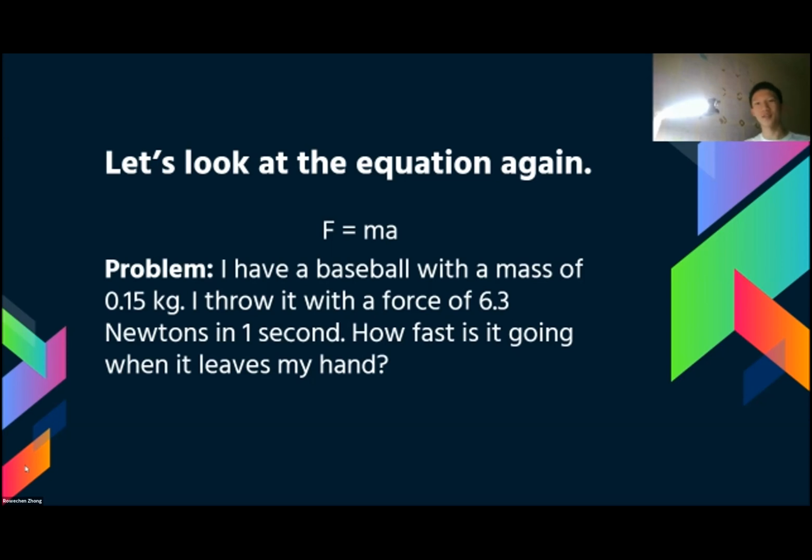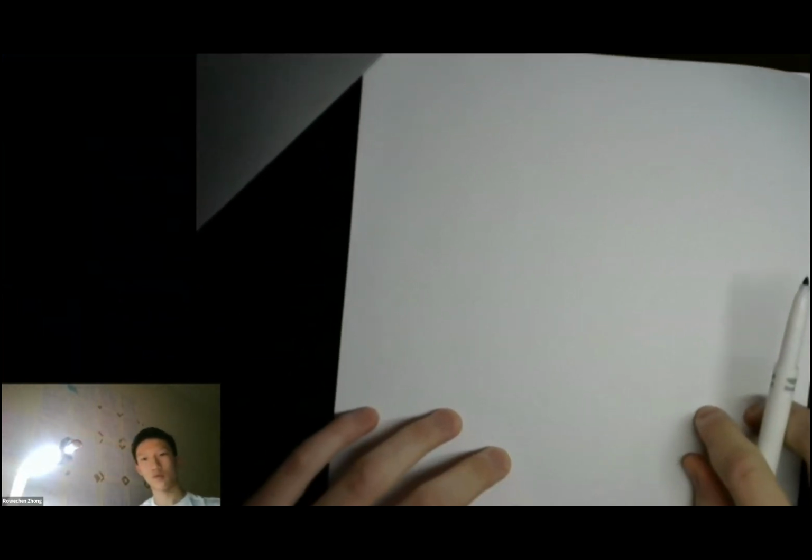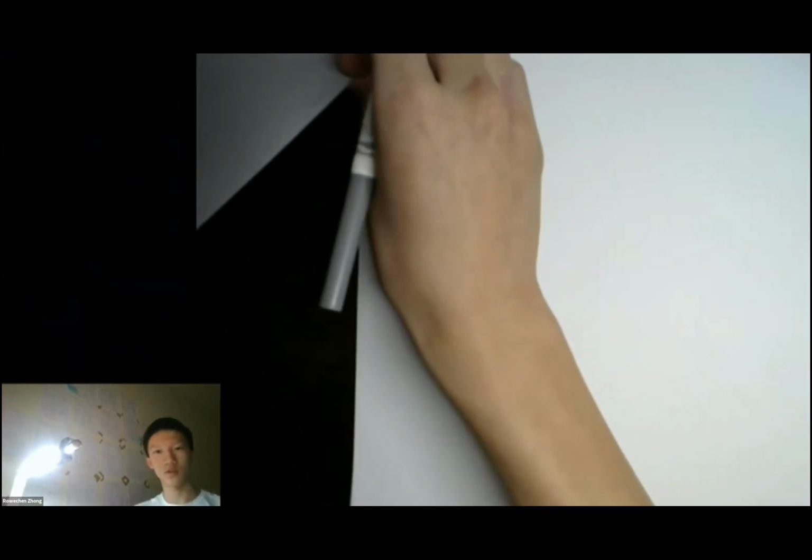Okay, so let's take a look. I have a baseball. Let me make sure that my paper is vertical. Otherwise, it might be difficult for you guys to tell. Let me move my laptop out of the way and the paper into view. This paper is folded. Don't want to use that one. All right, so